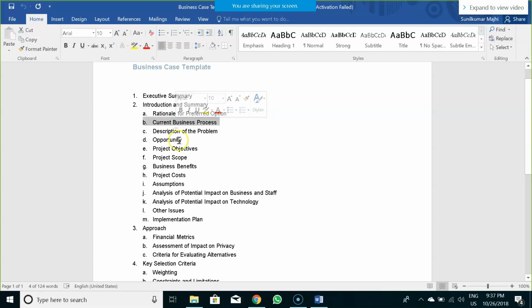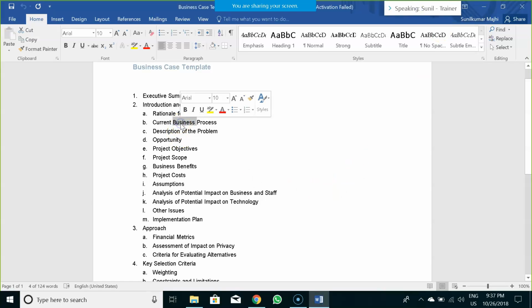What technique would you use when it comes to documenting the current business process? Business process modeling or workflows. Are we talking about the environmental analysis? No, that is a later part. I'm talking about articulating the section on current business process, what techniques we would be using.